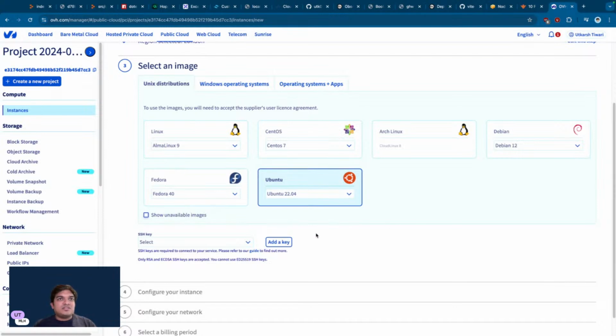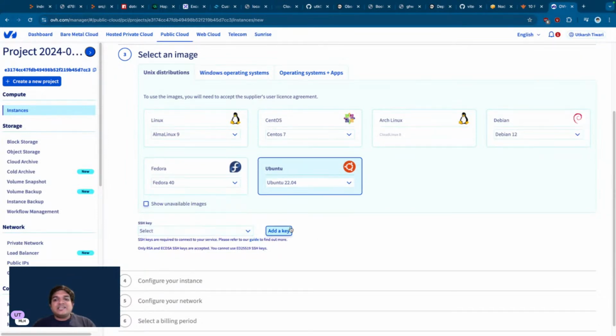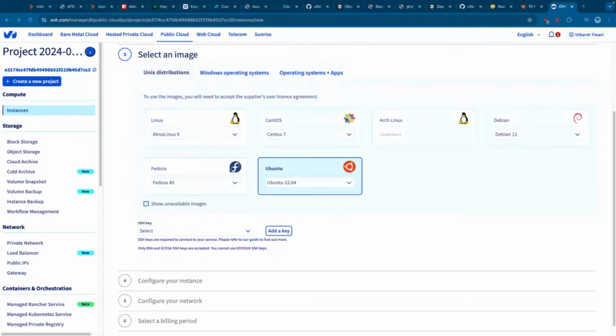Okay, that's done. Now we need to add an SSH key. Now what is this SSH key? An SSH key is like saying that I want to access this machine that we are creating from my local computer. So I need to add a kind of authentication, you can say a password authentication. So let me go away from the screen so you can focus on this. So yeah, we need to add an authentication mechanism,